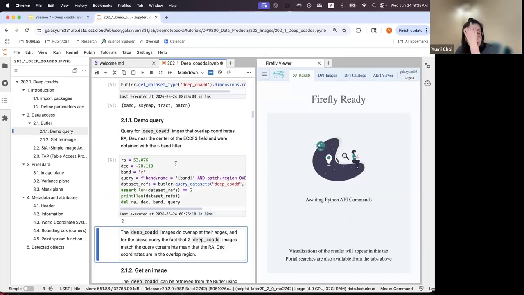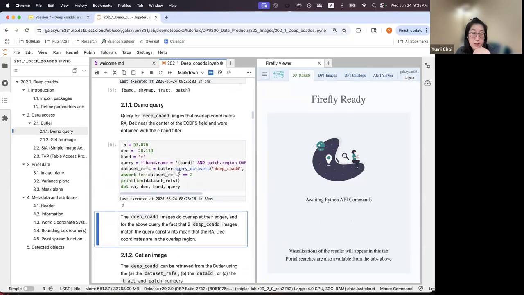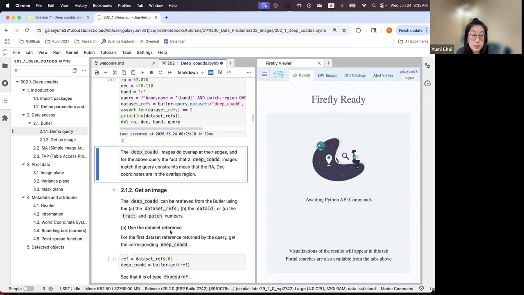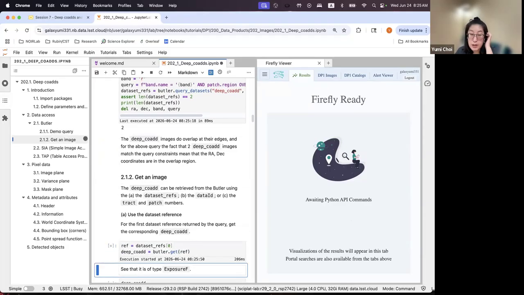So we're searching deep coadd images near the center of the ECDFS field, and the Butler found two deep coadd images, which means that the deep coadds are slightly overlapping each other. So the coordinate we set as the center of the ECDFS field falls into that overlapping area. So we will just grab the first image here,